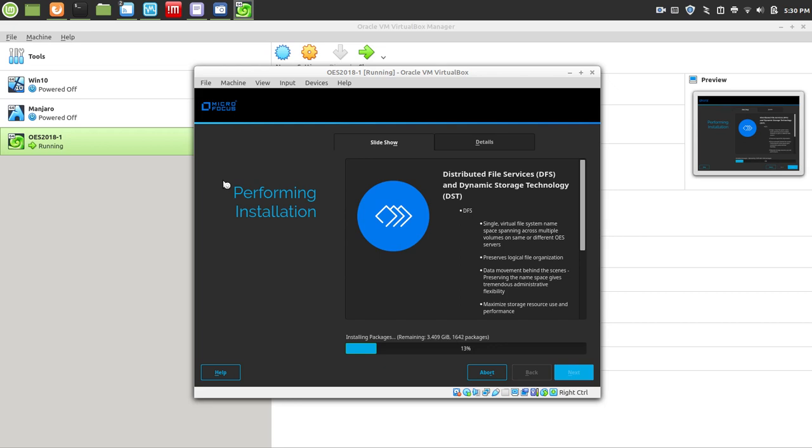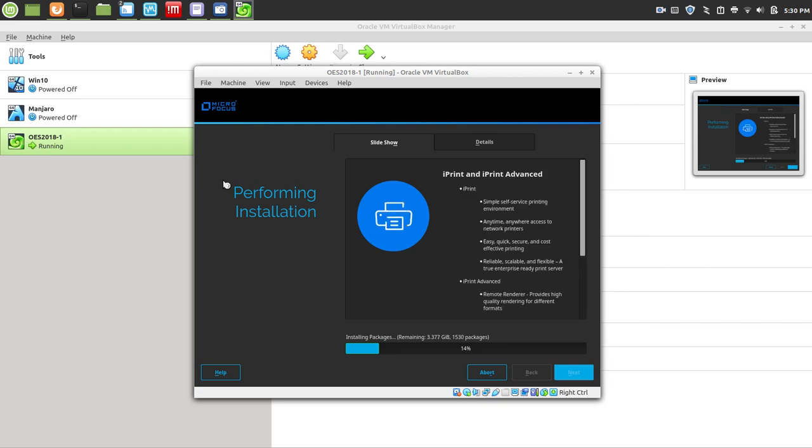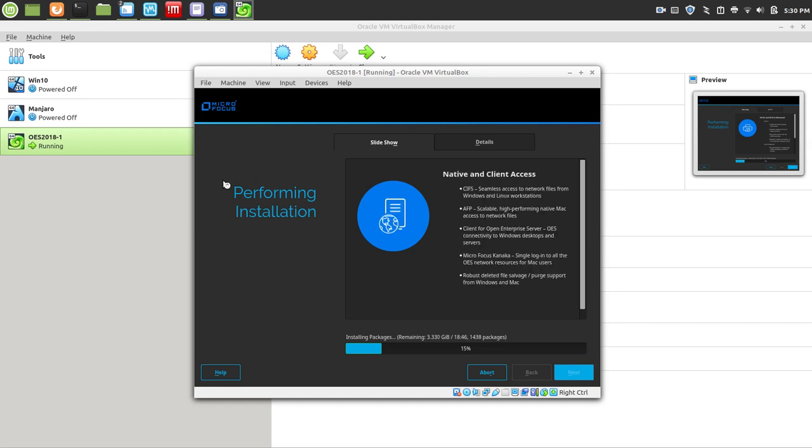And also, if you're just a Linux shop, OES gives you some of the Microsoft services that you may need to run certain software that is linked, or requires Active Directory. OES can emulate Active Directory using their eDirectory product. They also have the NSS file services, and NSS is a proprietary file system that was created by Novell, and